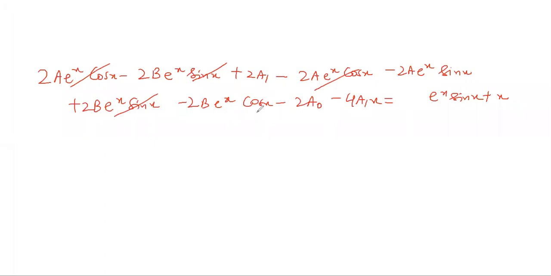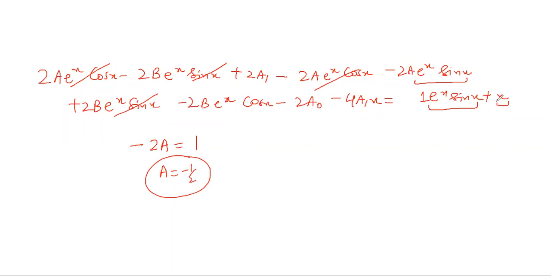More accuracy will come if you practice these questions often, because this was a big y(x), so obviously the number of terms turns out to be big. Now on the right hand side I have two terms: one is e^x sin x, one is x. So on the left hand side I have to collect these terms. Where is e^x sin x? It is this term only, the other one has been cancelled. So its coefficient is minus 2a, and on the right its coefficient is 1. So minus 2a is 1, so a is minus half.